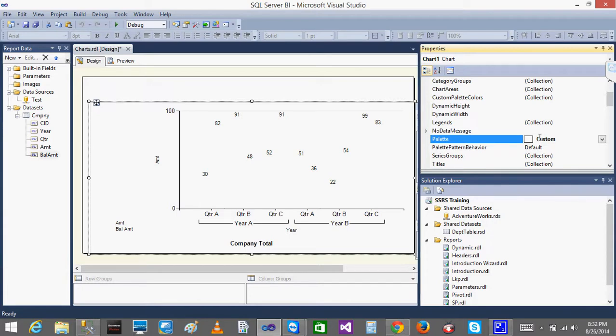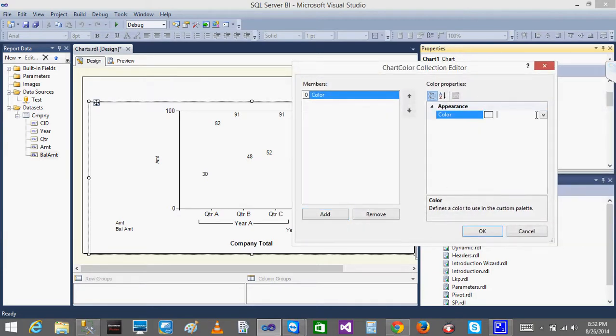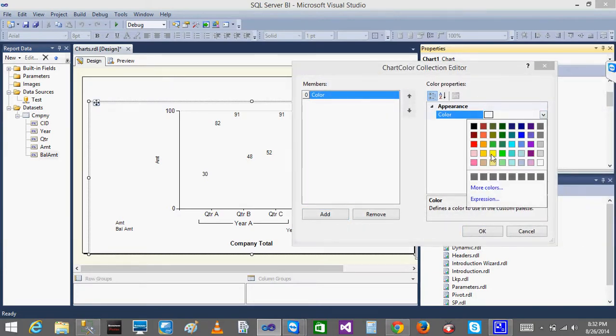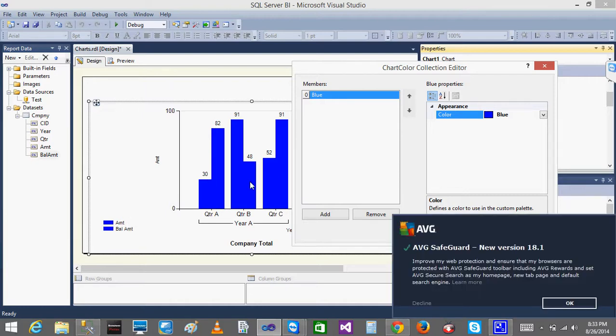After selecting the custom one, click on the custom palette colors. Now whatever colors you want, you can add. First I want to add some color, yellow or something. Automatically a color will be shown because I have given one color. So both amount and balance amount will be assigned one color.